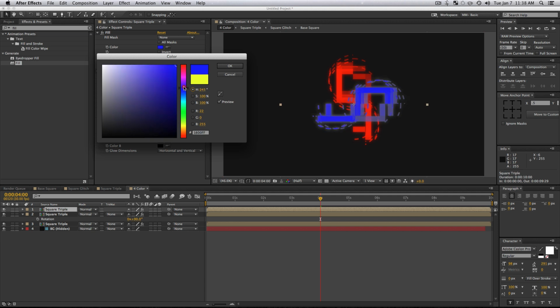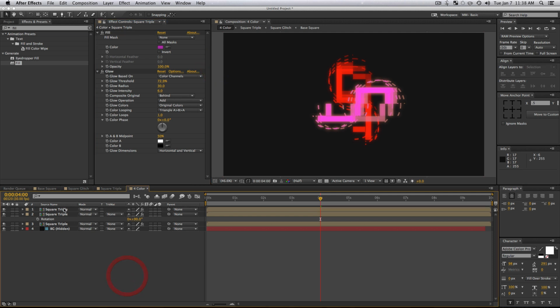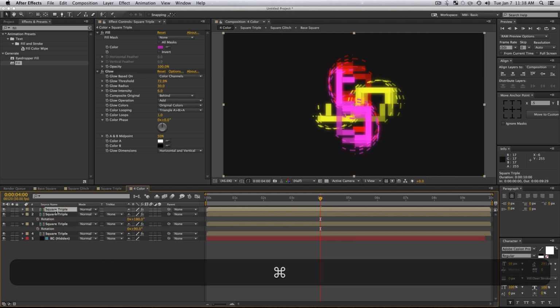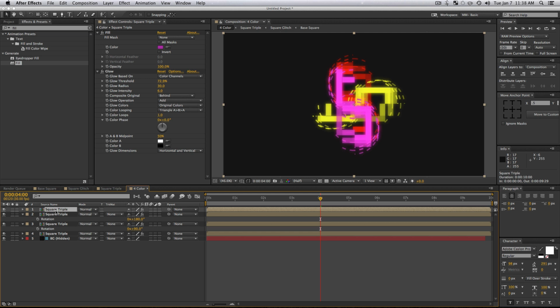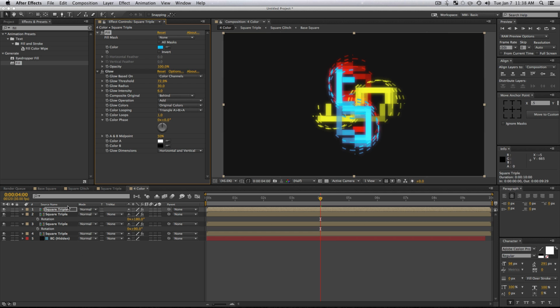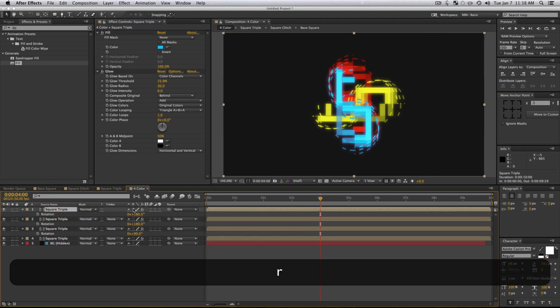Let's go with a purple. It doesn't have to be always the brightest color, but sometimes that looks nice. I might try to find one with good contrast. That looks good. And then I will press R on my keyboard, and I'm going to set this one to 180. And now I'm going to duplicate this one more time, and I am going to make this one a kind of bluish of some sort. There we go. That looks good. So like a white blue. And I'm going to press R on my keyboard to bring up my rotation and set this to 270.